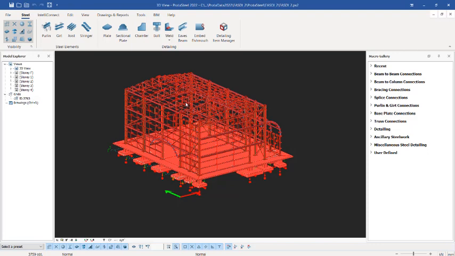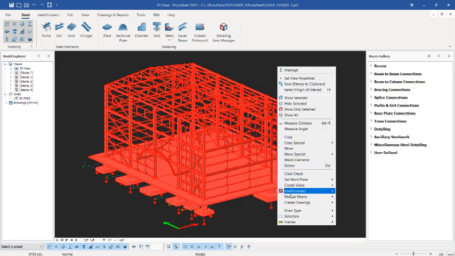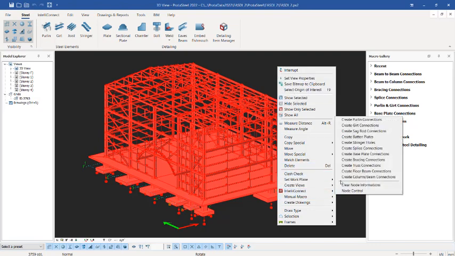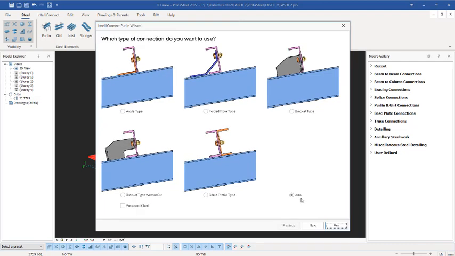All right, so after you must have gotten the whole structure selected like this, you just have to right click, and then in the drop down menu come all the way to Intellect Connect, and then I'll go straight away to create purlin connections. Once I click that once, I leave the system to open an Intellect Connect purlin wizard or a dialog just like this. So I'll be using auto